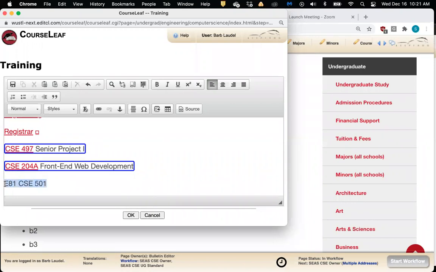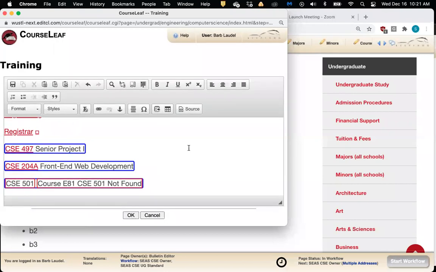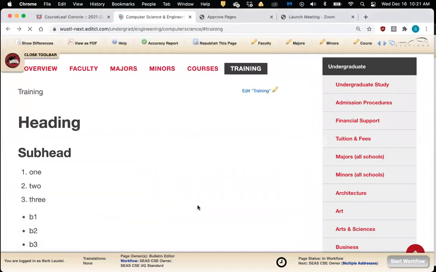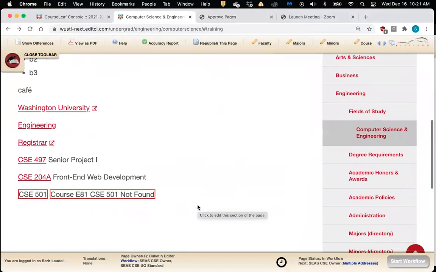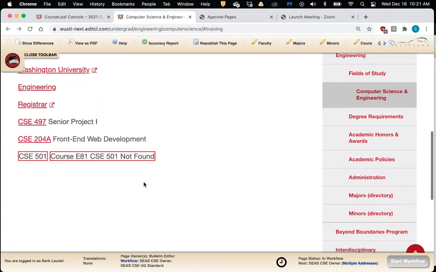When I select it and click on this thumb icon, it will say course not found because you don't have 501. Now, when I click OK here, you'll see that the 501 will say course not found, and it will be in a red box. The good news is the red box does not actually publish in your bulletin.